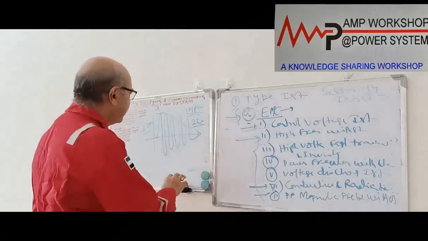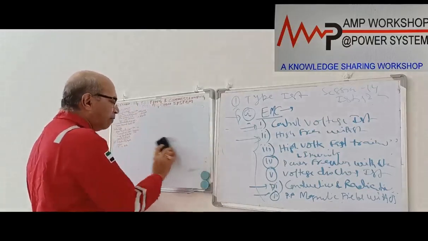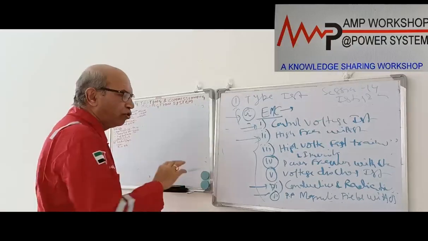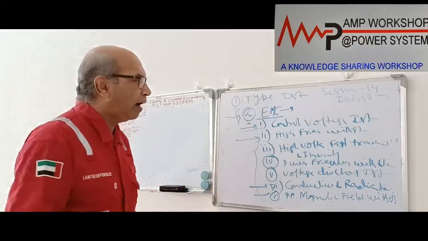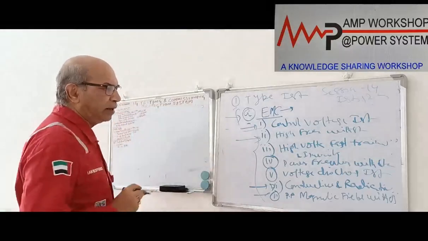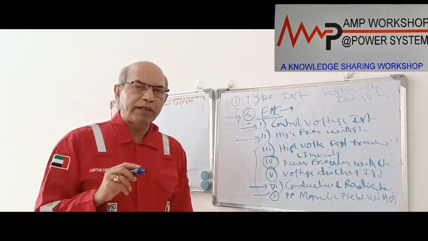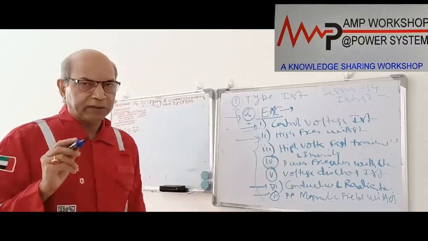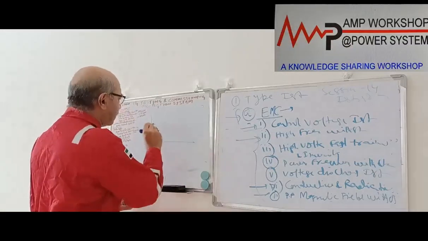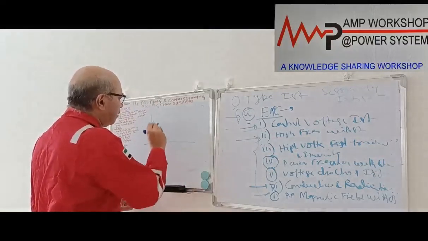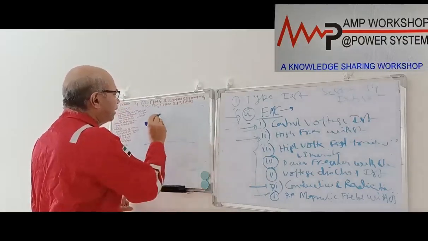Then the next test is the high voltage fast transient, and this high voltage fast transient can be created by switching or lightning impulse. With the switching or lightning impulse injected on the relay, the high frequency high voltage transient can come in. So how do we do this test? We do it by bursting. We inject a burst voltage that looks like this. Suppose we inject a 30 millisecond burst. It is a 15 millisecond duration.